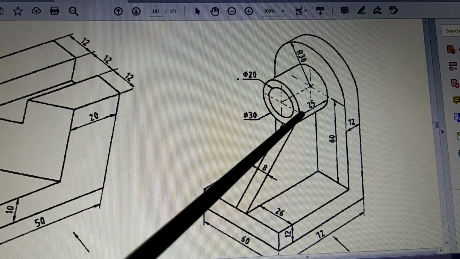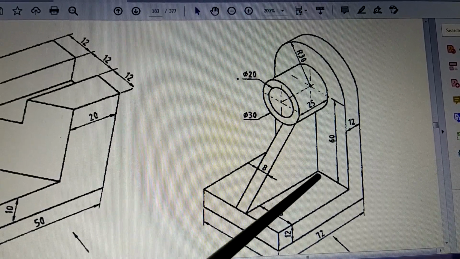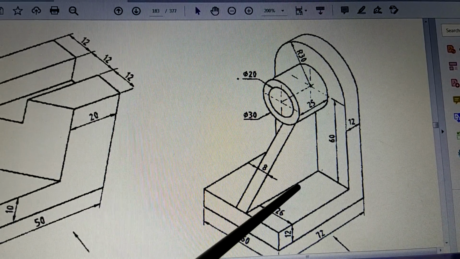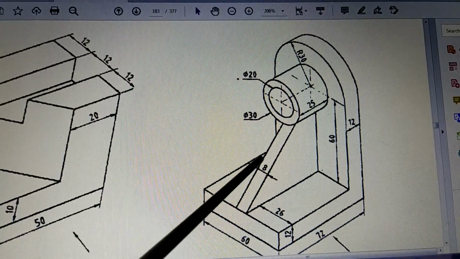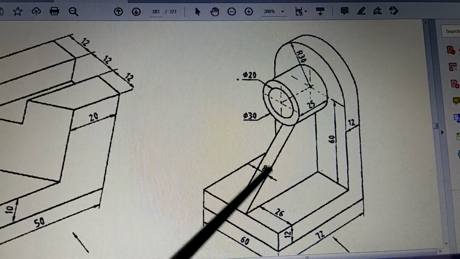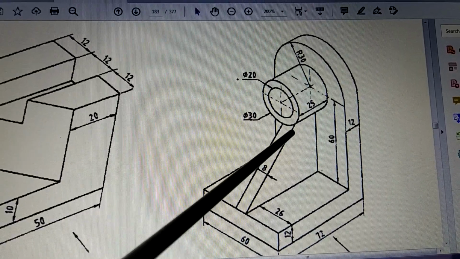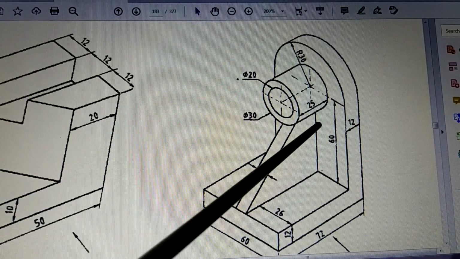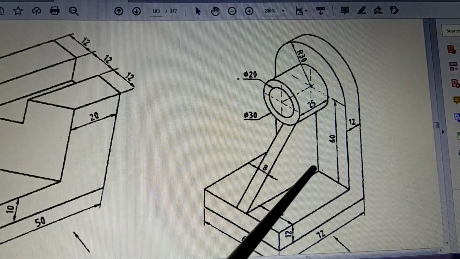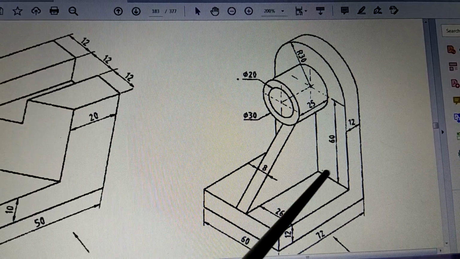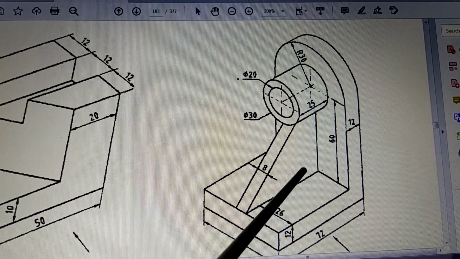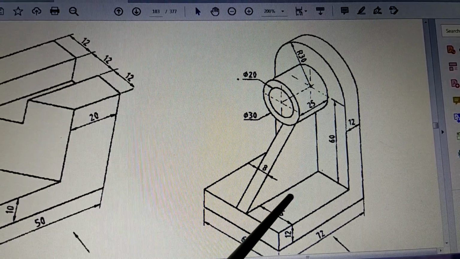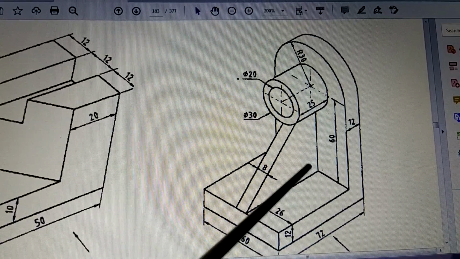In other words, this length of 25 will be a dotted line of length 25 when you draw from the front, and one more same line from the other side also. So these two lines will continue till they touch the cylinder, and after that they will still be there in the form of dotted lines, one here and one at the back. That will represent this entire rib right from here till here. Partly it is seen, partly it is hidden, so partly dotted line, partly continuous line. The same line up to here is continuous, after that it is dotted.